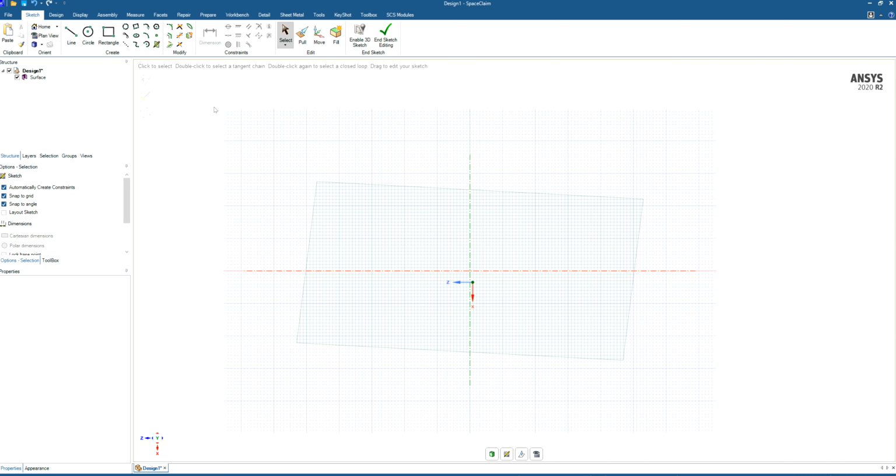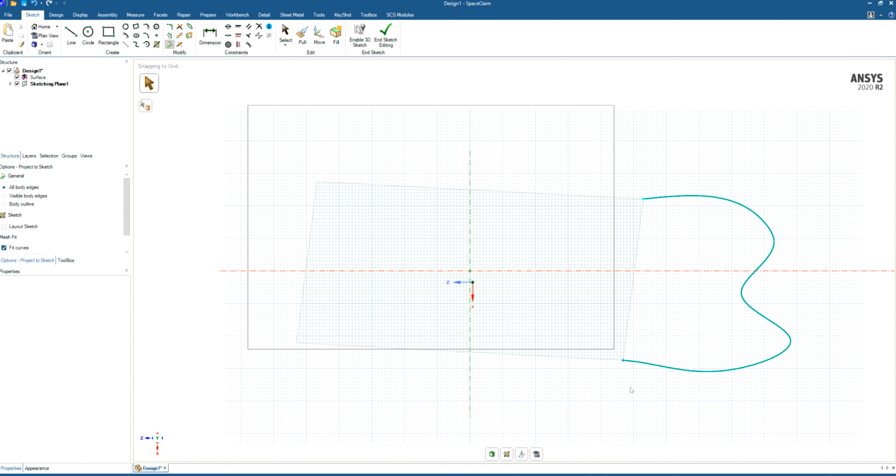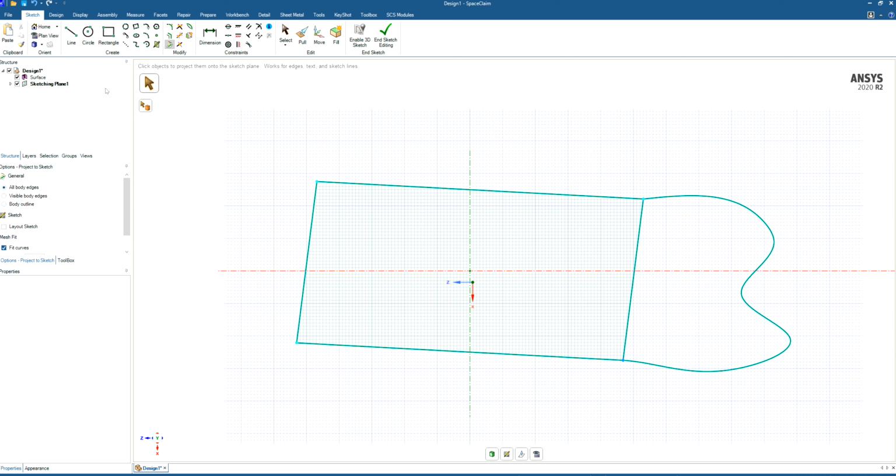So 2 options. You can still reference these curves. This is all referenceable. If you want to make add-on sketches and things, you can still do that. You can still reference them, and you can obviously make things planar and parallel and tangent, etc. But these don't turn into curves. If you did want to turn them into curves, there's 2 options. You can obviously project a sketch, and you can extract the curves back off the surface,